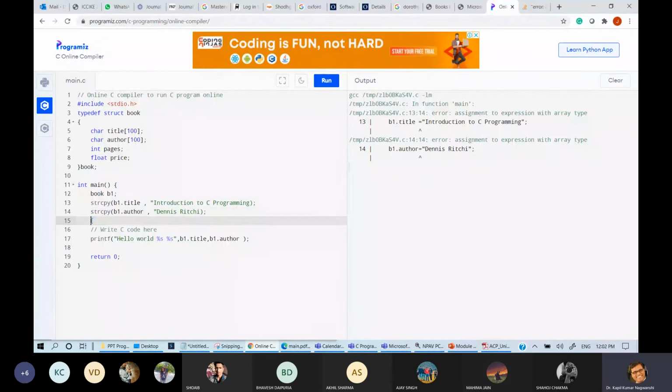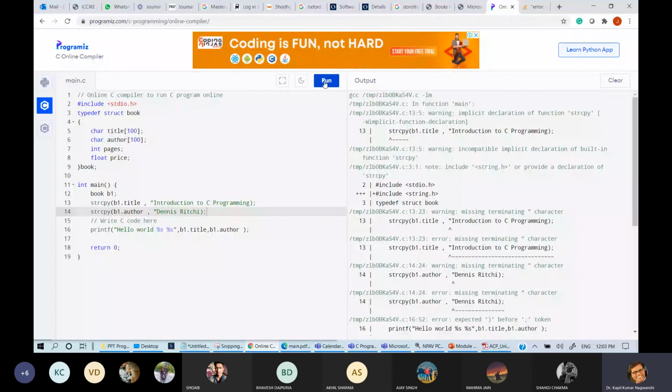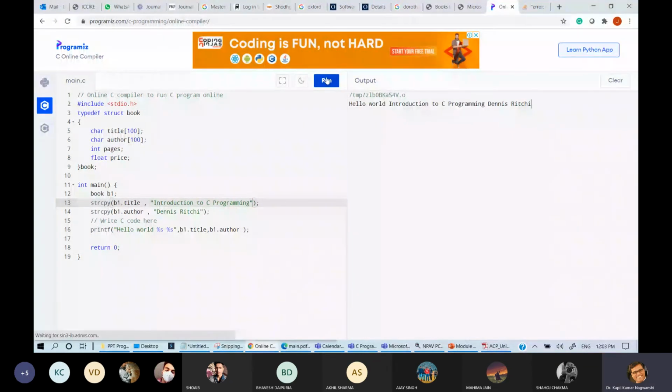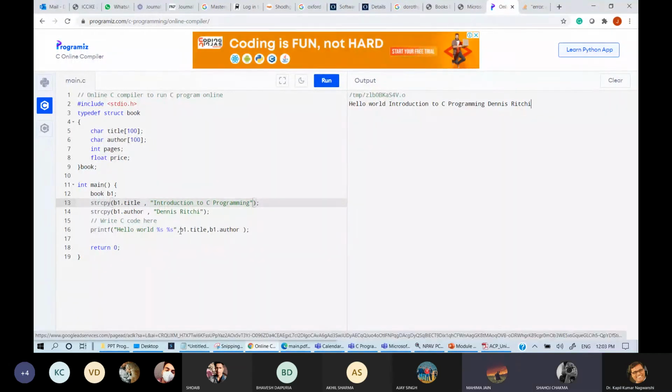Sometimes it is very important. Then if we run this program, now it is, oh, so many things. Now what is the error? सर डबल कोट सर इंट्रोडक्शन सर आपने वहाँ डबल कोट से उसको क्लोज नहीं किया। Double quote is one of the error, and any other error? Now I think it will run. Yes. So is this clear to you? How do we assign any string? Yes, sir. Okay.